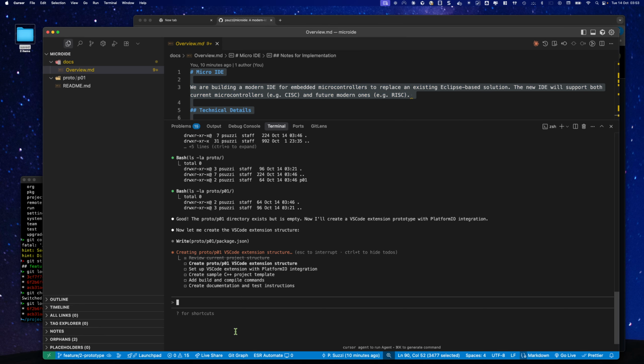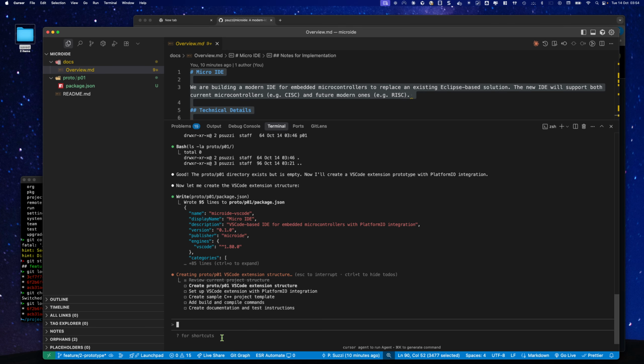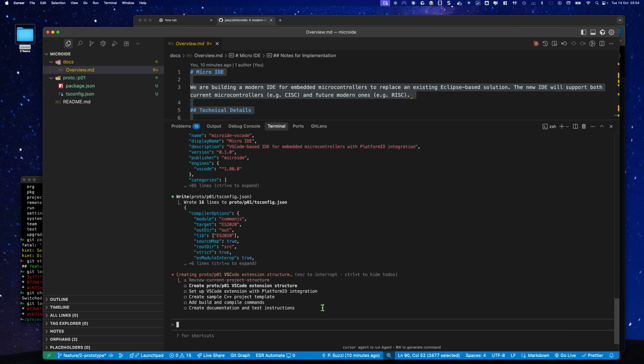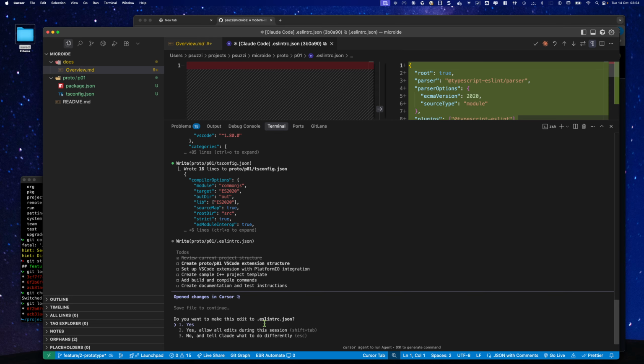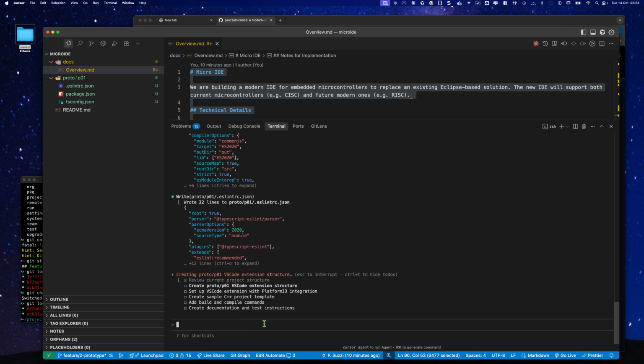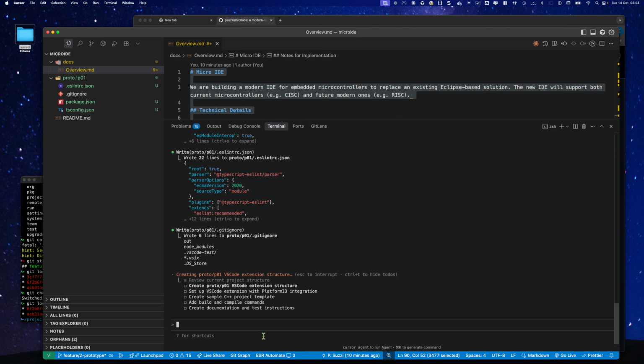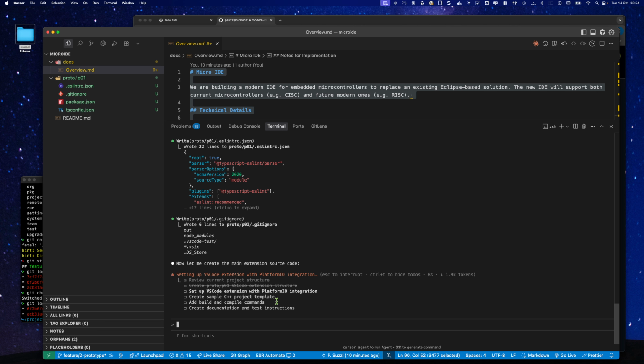It starts making changes to the package.json. It knows that I want to create a JavaScript project, of course. A tsconfig, so we also need to use TypeScript because of ESLint, TypeScript, ESLint, these are all technologies that are needed to work on TypeScript. It adds a .gitignore. And so this is going to pretty quickly come up with a solution in which it sets up a VS